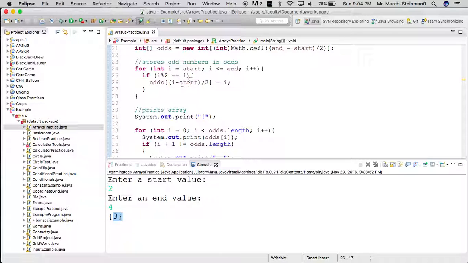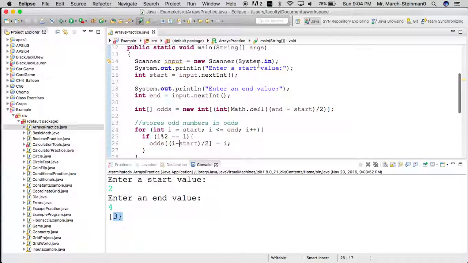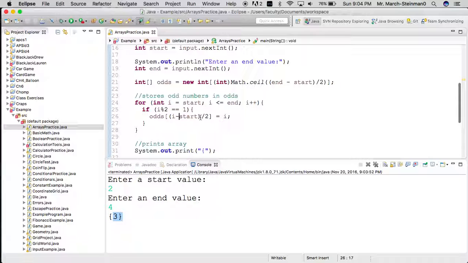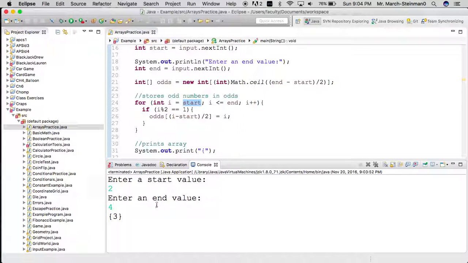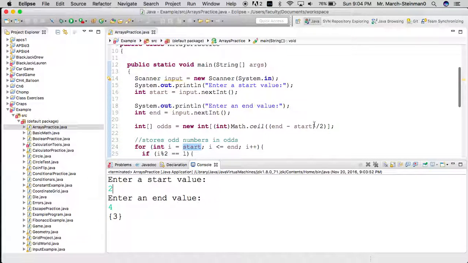And you can try to figure out why this is. I mean, it sort of makes sense. First, if we're giving arbitrary start and end values, what ends up happening is, if I'm going to try to go into an index of my array, a position on my array, from that start value, that start value may be later on, it may not exist. For instance, if I had put in 200 to 400, or 200 comma 201, that would give me a bit of an issue. So I have to consider first